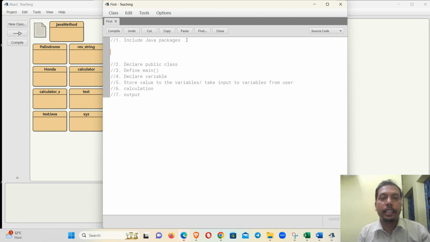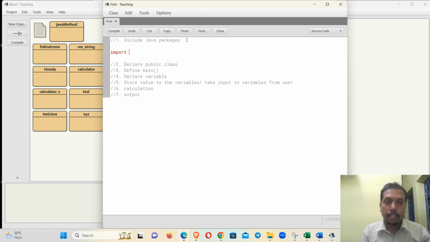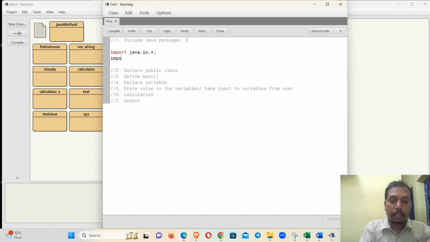For including any Java packages, we need to write import. This is a keyword. There are two Java packages: one is called java.io.*, and one is called java.util.*. For two packages, we need to write import twice, because with one import we can include only one Java package. Now import java.io.*. This is the first one. Then import